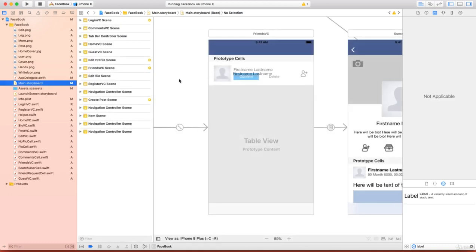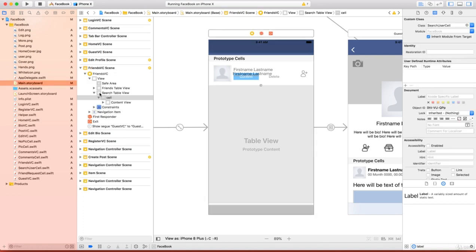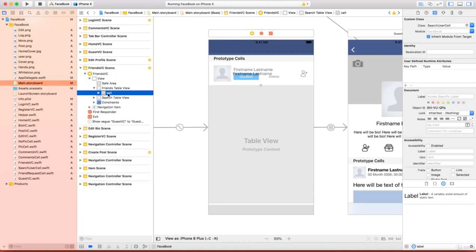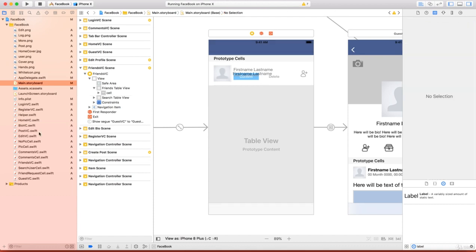Okay, then in the main storyboard, select your cell from the friends table view, go to the class inspector and update it here. Friend request cell. Okay, very good. Friend request cell. And what we will do now, we'll go to the